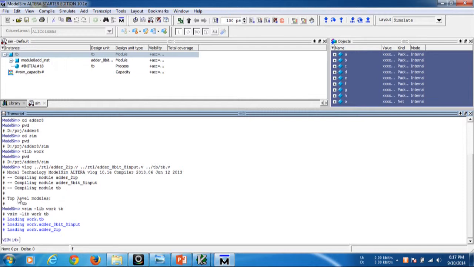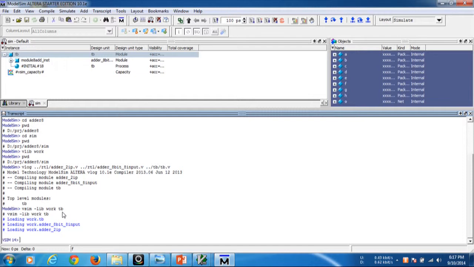It is clearly shown in the above line. After the compilation command, it shows some process and then displays the top level module as tb. So we have to give tb as the top level module in the simulation command. So we have done the simulation.